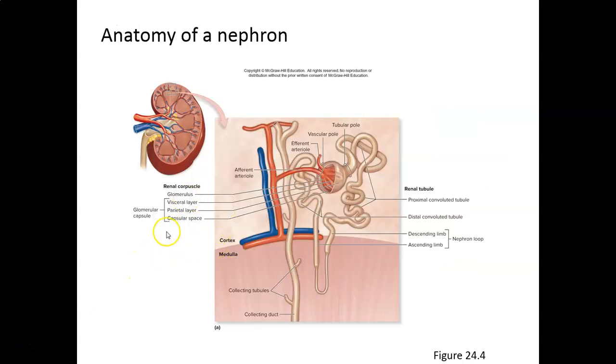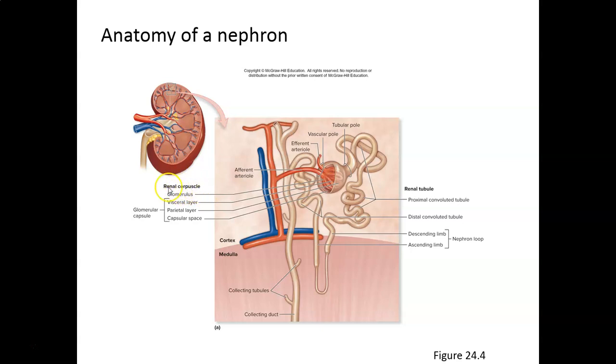Then next, let's look at the anatomy of a nephron. The nephron is the functional unit of a kidney, right? With the nephron, you have this hand-in-a-glove situation. In the baseball glove situation, on one side you have the glomerulus, the capillary component of the nephron, and then around that you have the glomerular capsule around the glomerulus, and together they make the renal